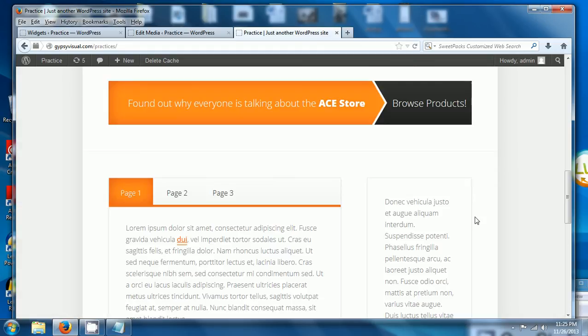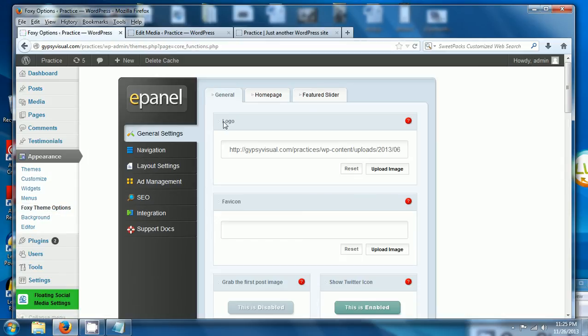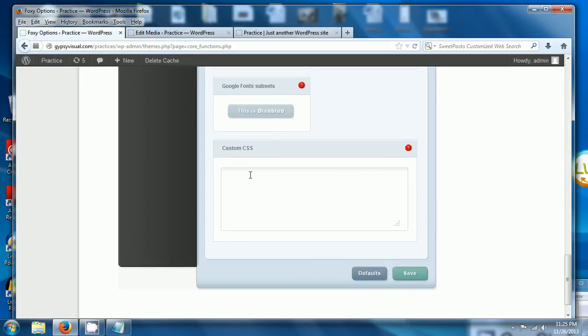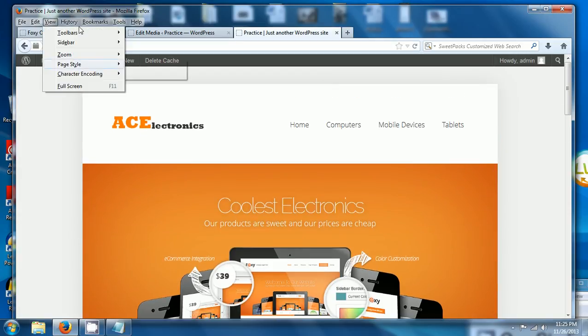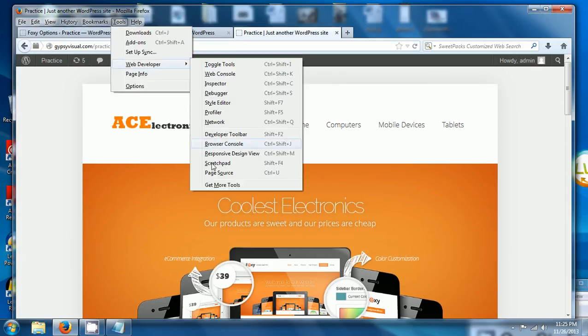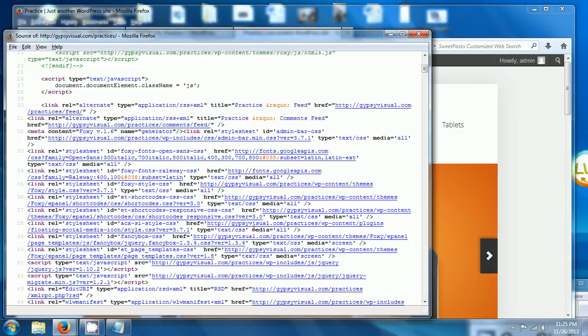And so what we're going to do is we're going to start using our custom theme options, or we're going to go into Foxy theme options and use custom CSS. And if you scroll down to the bottom of general, there's an area called custom CSS, and a good way of finding out what a certain area is in, if we go to our page and view page source, web developer page source,